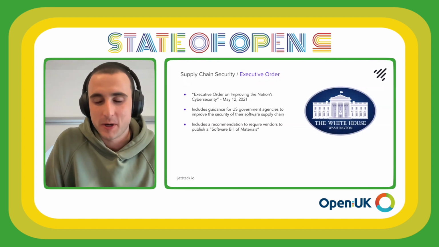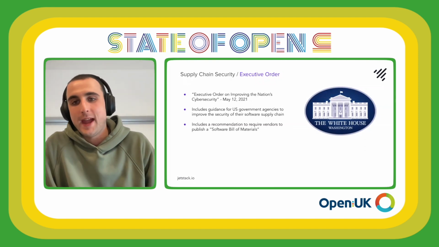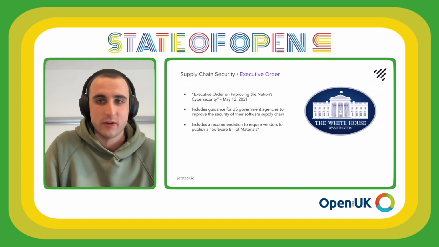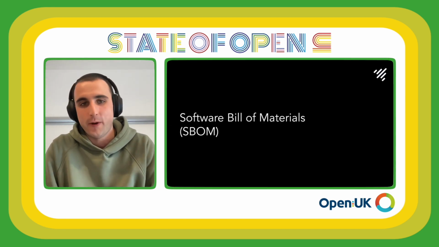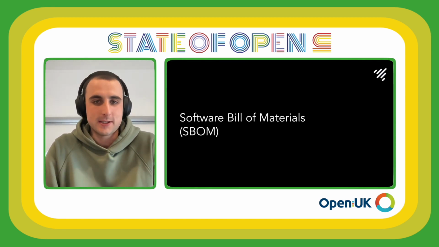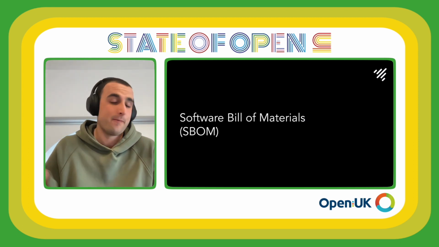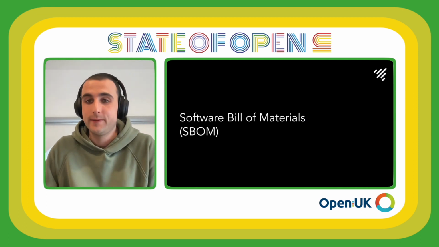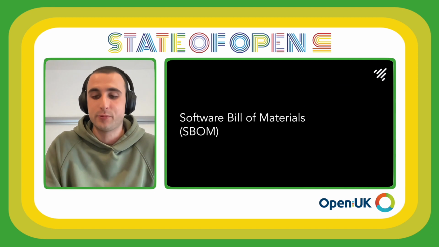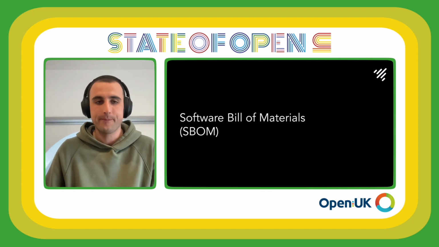Given the amount of money that the White House and the US government have, you can imagine that people all over the world frantically tried to make sure that they had their software covered with the software bill of materials, as everyone wants their software to be consumed by the likes of US government agencies. For them, in a lot of ways, it means profit. For some others, it means the success of the project in the case of open source, of course.